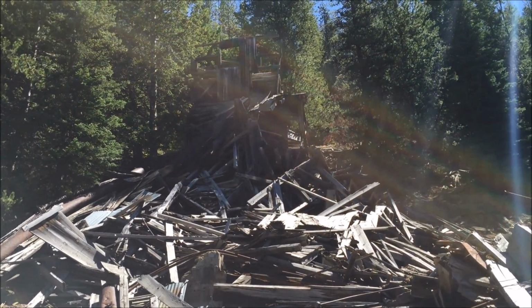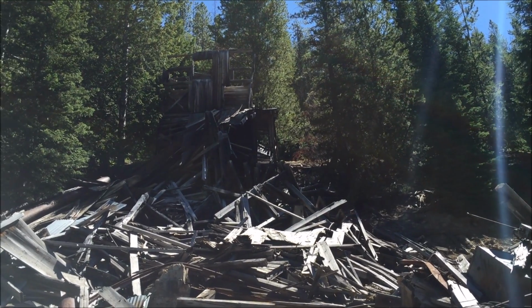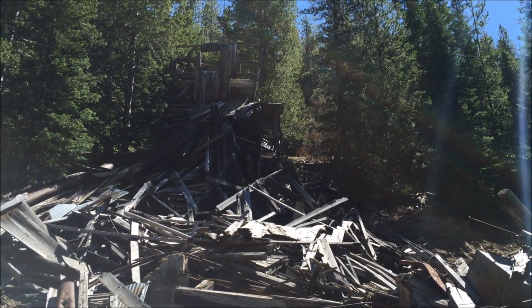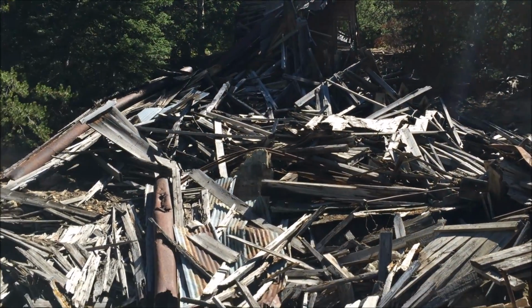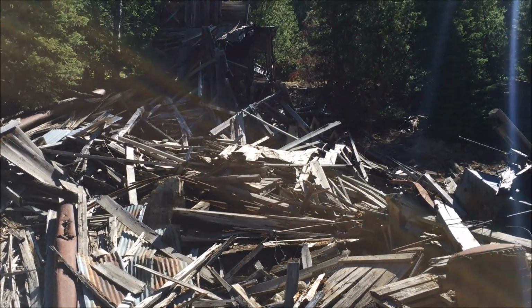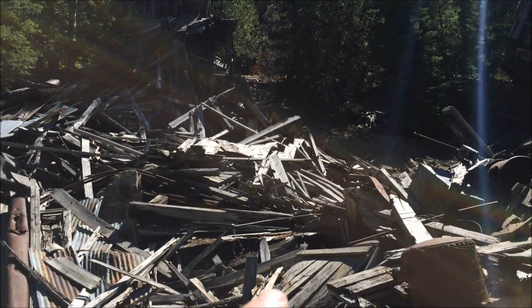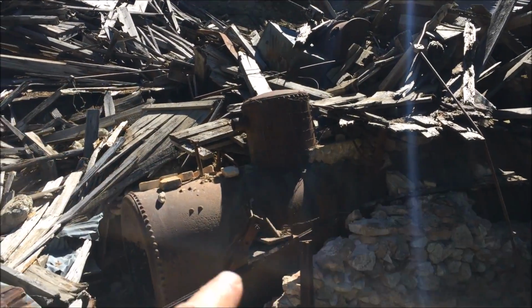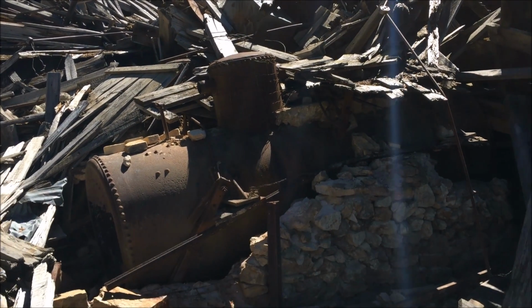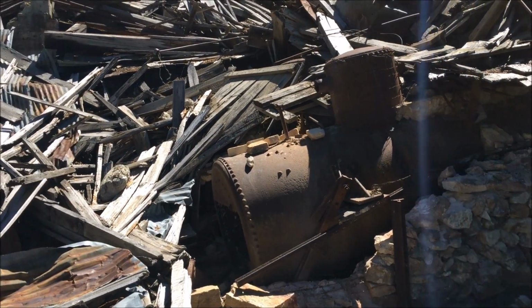So here's a big old mill out in the middle of nowhere, about 8 miles from the old town of Oro Grande. You can see it's just all fallen down. This is where they'd mill the ore. Over here is the boiler. They got it all bricked in where they generate the steam in order to drive